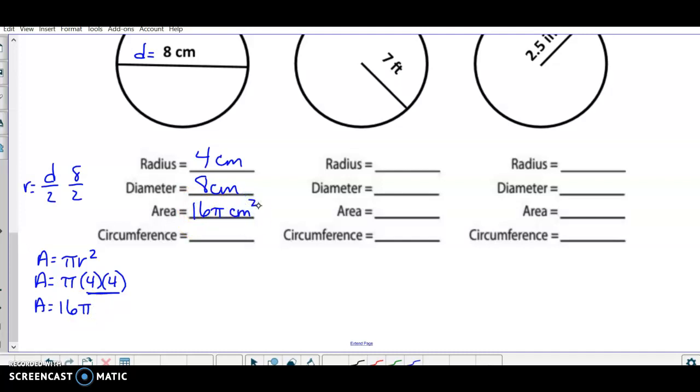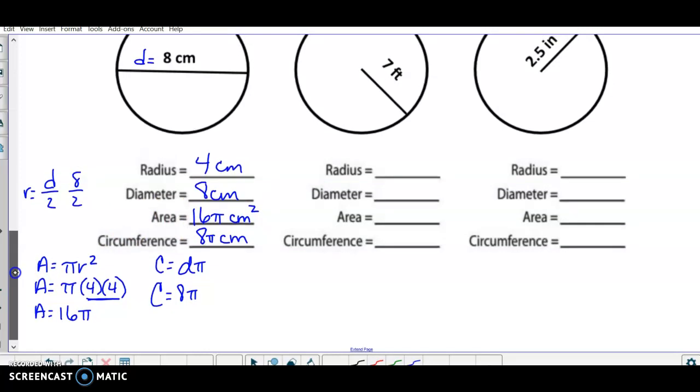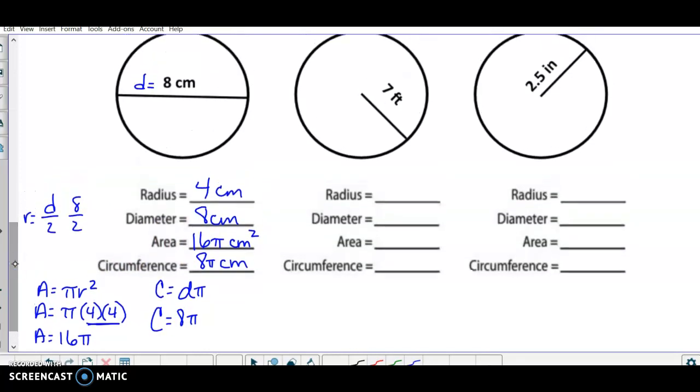Now, if it didn't say in terms of pi, then you would do 16 times 3.14 and you would get an answer. Circumference, you can use either formula, it doesn't matter, d times pi. So our diameter was 8 times pi, so circumference is 8 pi centimeters, and you're done. And again, if it didn't say in terms of pi, you would do 8 times 3.14. So leaving it in terms of pi means you don't have to do that extra step, and it actually is a lot simpler. So on this one, we have a radius of 7 feet,